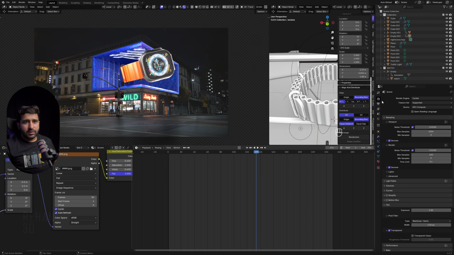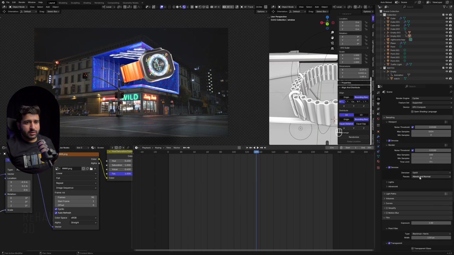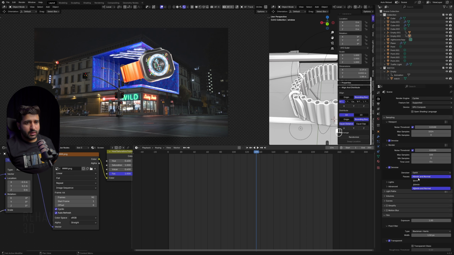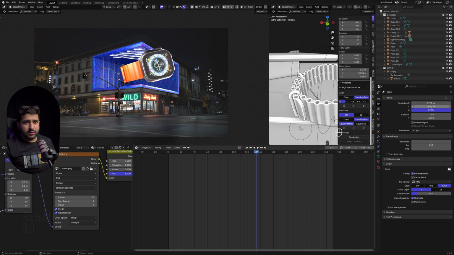So layout. Go to the render settings, denoise. I will use this OptiX denoiser because this is fast, and I will use albedo only because I don't need the normals or details on my scene very much, so I will render it at around 500 samples. And after this, transport. You can turn on the motion blur. It gives a very good look. And after this, 1920 by 1080, 100%, 30 fps. Set the directory where you want to save the image sequence. And after this, just color depth 16, make the compression 0, RGBA, PNG, and now you're good to go.